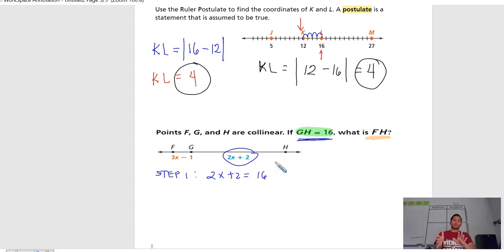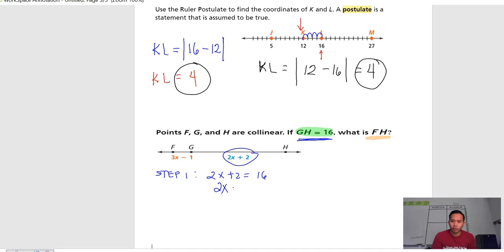Therefore, 2x plus 2 is equal to 16 because both of them represent the length of GH. In this situation, we can use this given to find the value of x, because that's the first thing we have to do, so we can find the whole length of FH. So what will happen here will be 2x